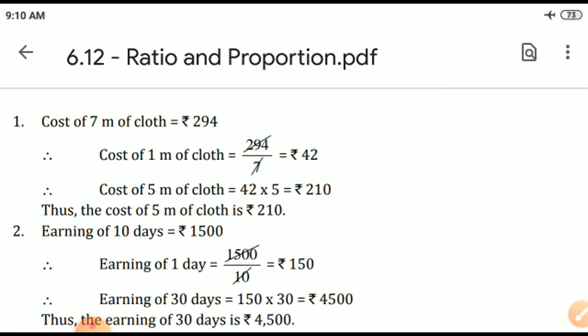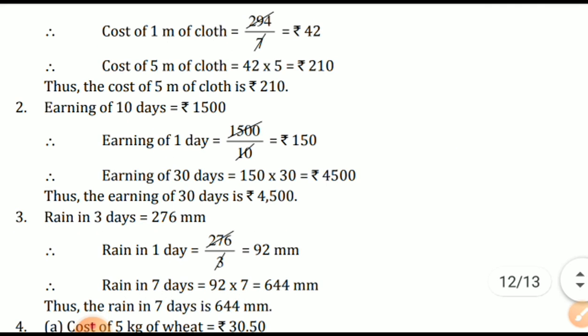बराबर 7 मीटर लेंगे तो 294 को होगा, कम क्लॉथ लेंगे तो पैसा ज्यादा देना पड़ेगा या कम ही देना पड़ेगा, तो डायरेक्ट प्रोपोर्शन बोलते हैं उसको। क्लियर? अर्निंग 10 डेज का 1500 है, तो एक दिन का कितना मिलेगा उसको बेटा? 150। यूनिटरी मेथड बोलते हैं। तो उसको कितने दिन काम किया? 30 डेज, तो 30 डेज के हिसाब से उसको मल्टीप्लाई कर दो, 150 into 30 that gives you 4500।